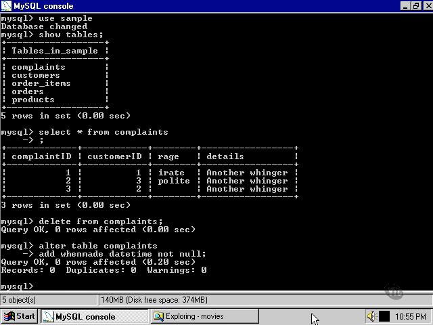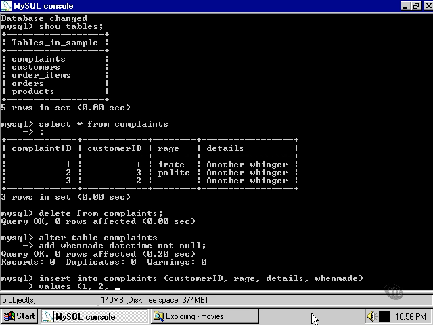Now what happens when we insert into the complaints table? Let's specify the columns we want to insert into, and our new column, all the existing columns and our new column that we've just added, apart from the complaint ID, which of course will be auto-incremented. And we're going to specify some values for the customer ID, a level of rage with which they made their complaint, a reason why they're complaining, and finally we're going to insert a date and time into the when made